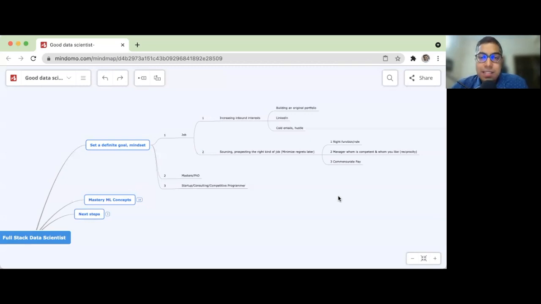So commensurate pay is something people miss out, because they look at the short-term pay, they don't look at the long-term pay, right? Because if you work for Kunal Shah, let's say as an AI scientist, God knows, tomorrow you can come up with your own company, you have the network, etc. So look at what is the exact commensurate pay, right? Again, that also depends on a lot of the risk-taking appetite you have, and so on and so forth.